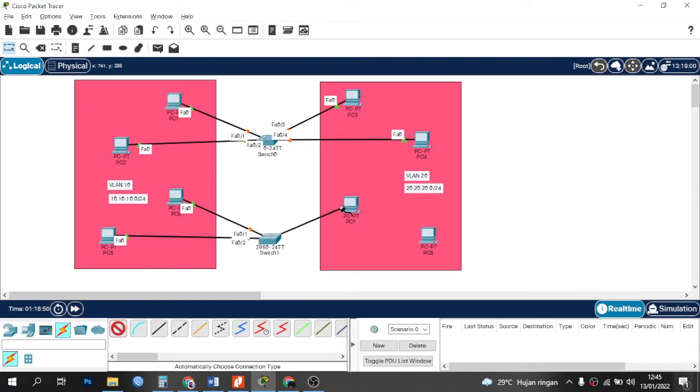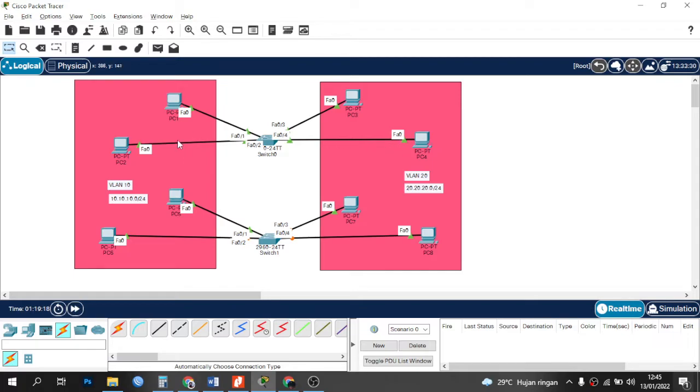Okay, finish. The left side is for VLAN 10 and the right side is for VLAN 20.